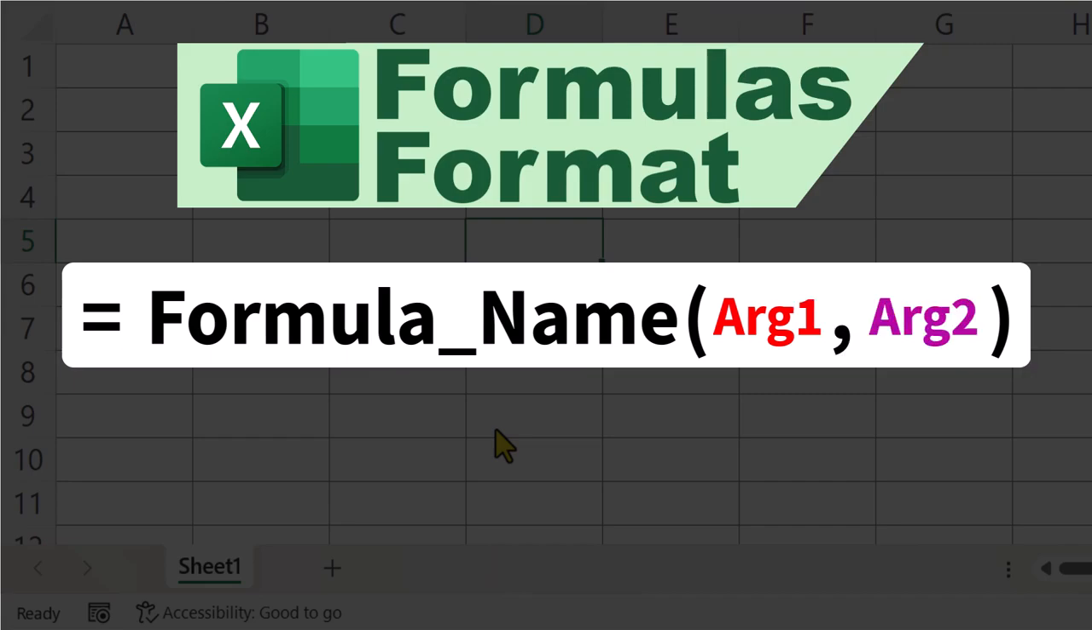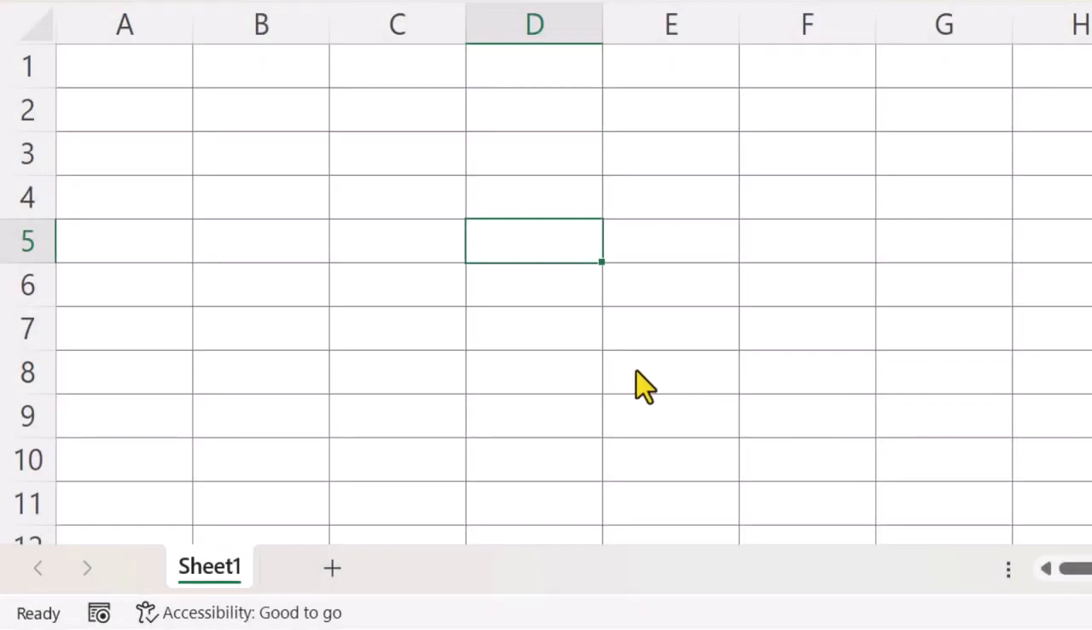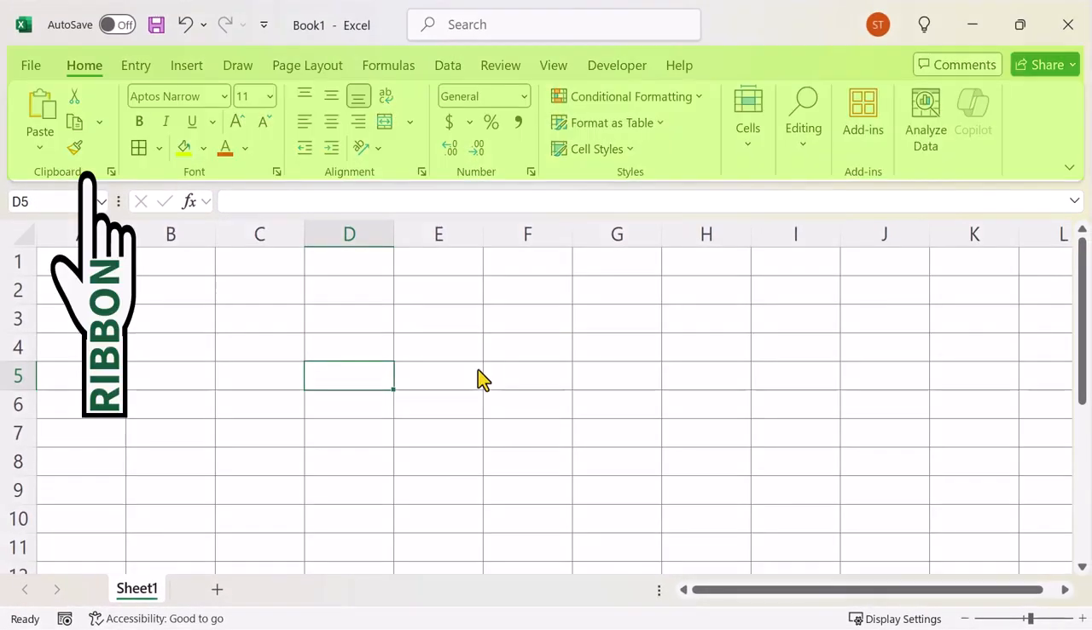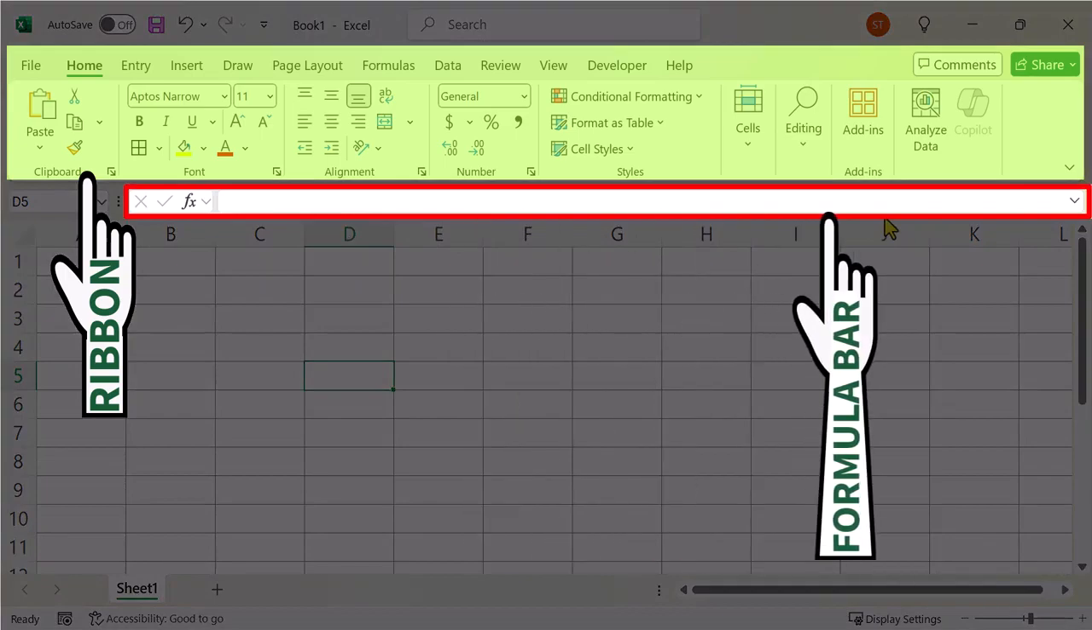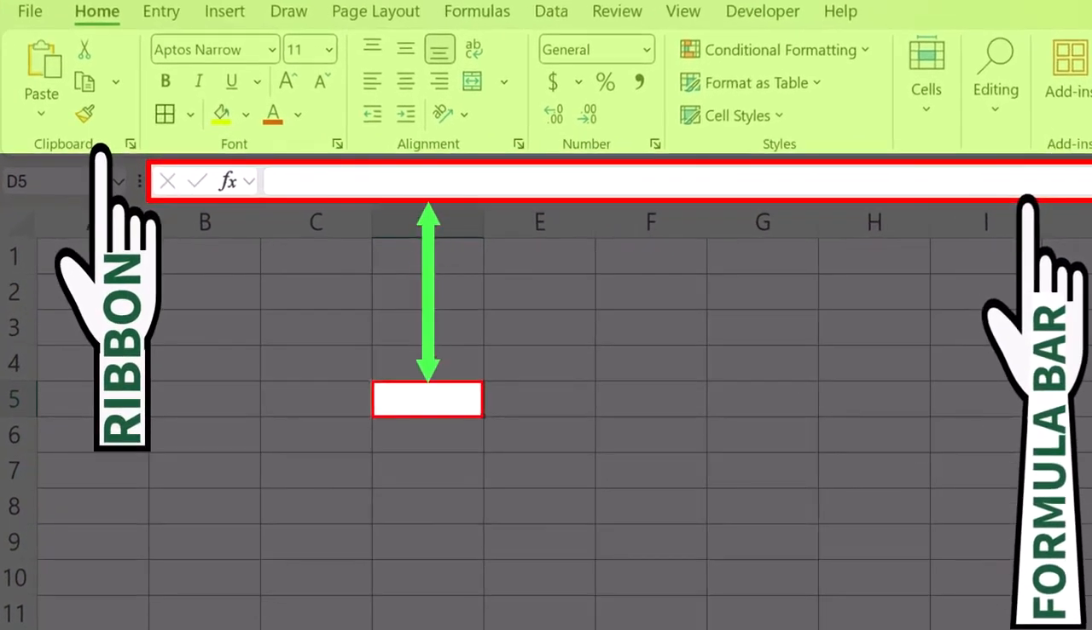And you can enter a formula in any cell or cells. The long field just below the ribbon is called the formula bar. It always displays the content of the currently selected cell, whether that's a number, text, or a formula. The formula bar makes it easier to enter or edit content because it gives you more space to work than